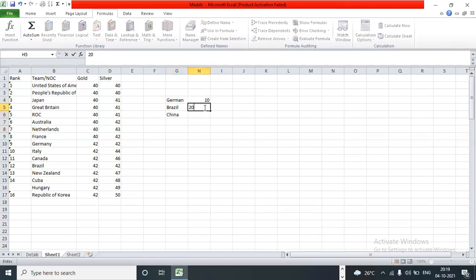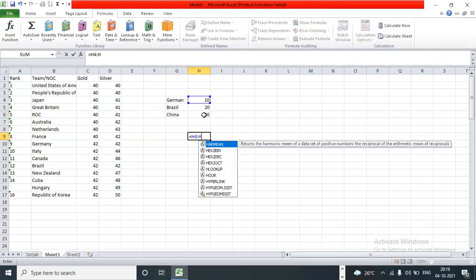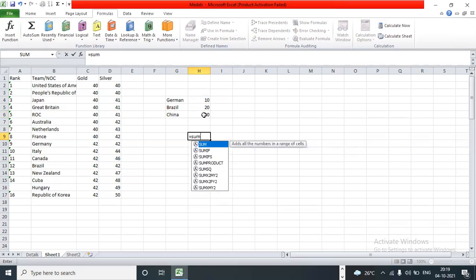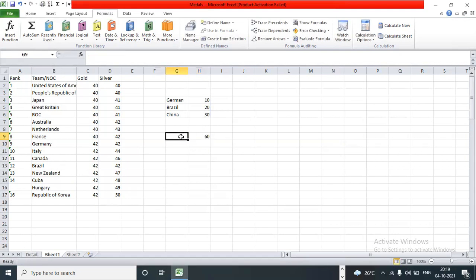Okay, for example, I have some data over here for Germany, Brazil and China. Now I want to add all these three together. So I need to do sum of. So I'm able to get the total of the data.